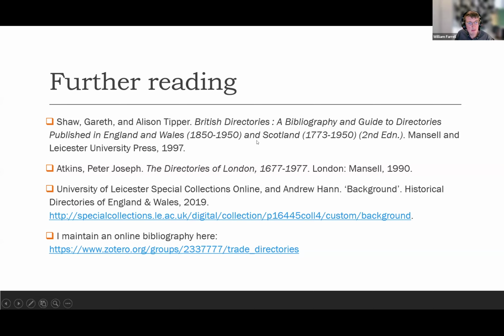So there's definitely more, even though they've been very well used for many years, there is still a lot more you could do with directories, both by the family historian and by the local historian or the business historian. And I hope what I've said today has highlighted some of the areas you could use them if you've never used them before. I hope it explains some quirks of our collection and how it can be used. And I hope it will encourage people to go off and have a go at using them specifically, whichever collection or website you go to.